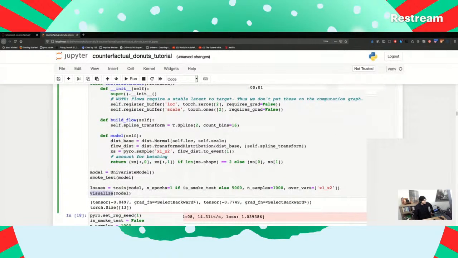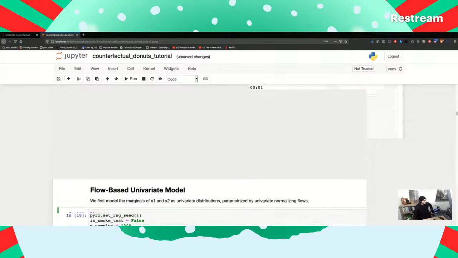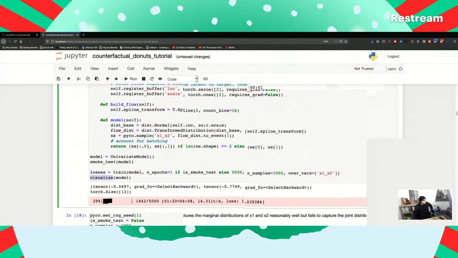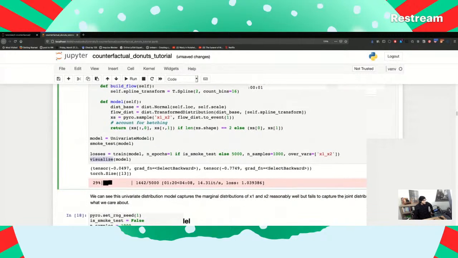So we have that training step here that's maximizing log likelihood.